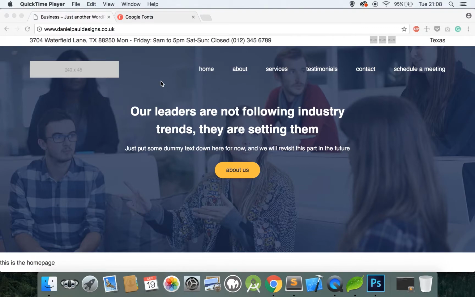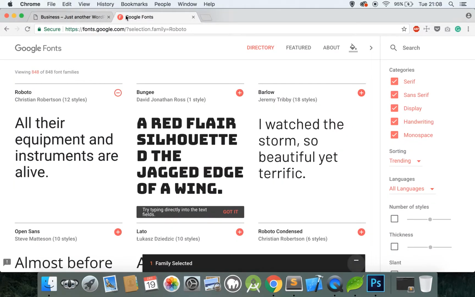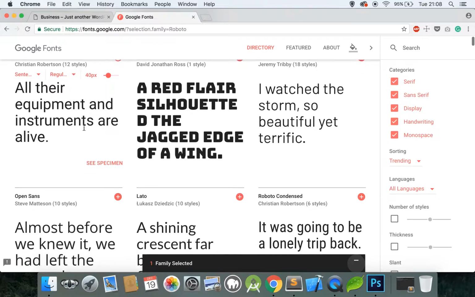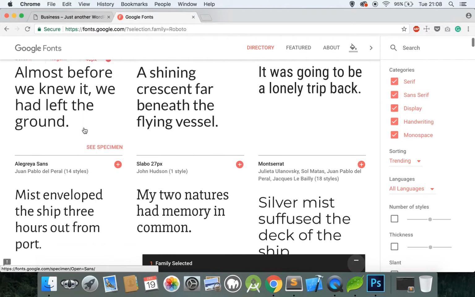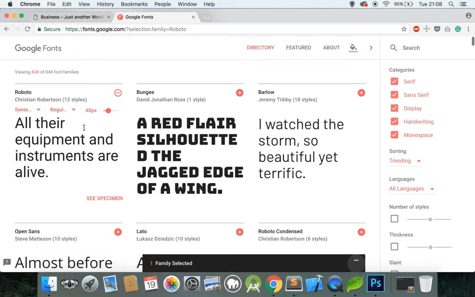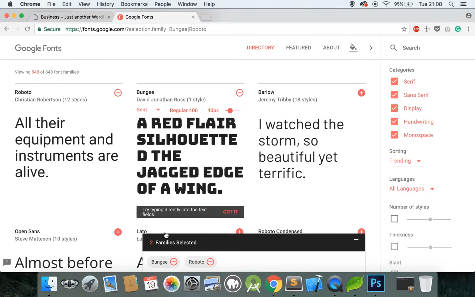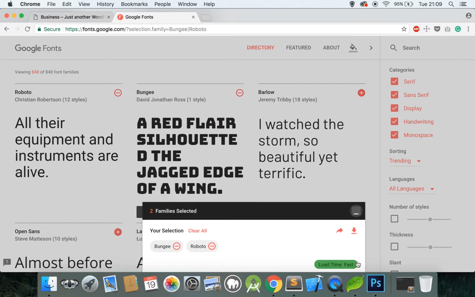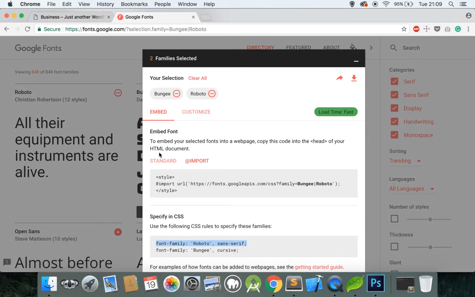So firstly, to add the Google fonts, do a Google search for Google fonts and you'll come to this page. On this page you have a listing of fonts that you can use. To add a font, simply click on the font and this little box at the bottom appears. Click on this box and it'll give you a little bit of information which you can read. But what you need to do is click on the import button and it'll bring up this little